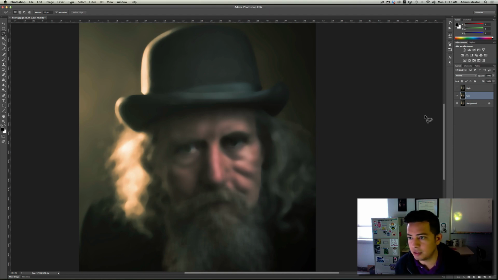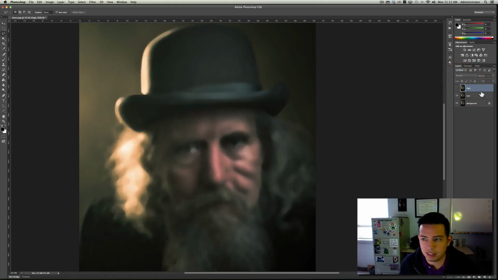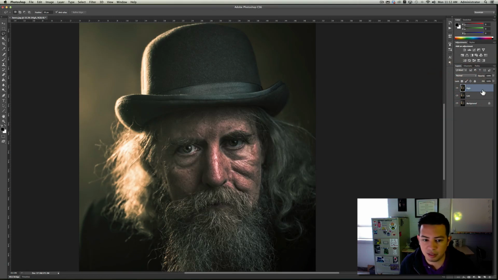So now the next thing to do is we're going to go to our high layer, and by this time we're done with our low layer. You don't have to touch it anymore. So we're going to go to our high layer. We're going to turn it back on. And what we're going to do is try to use only the skin texture to be applied on this layer. So it's a few different steps that you have to follow, but you guys have already done all of these in different